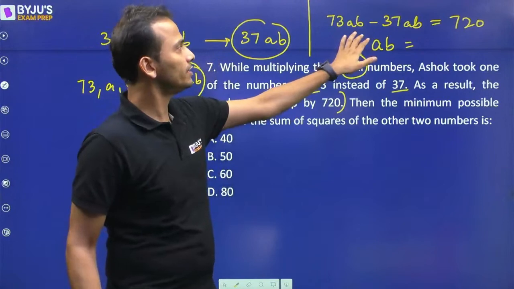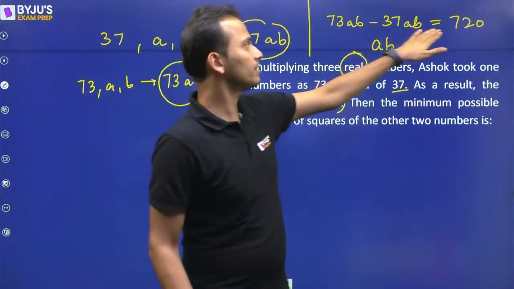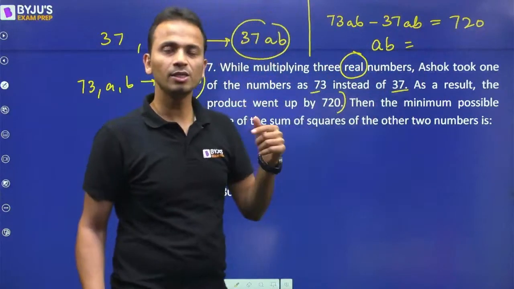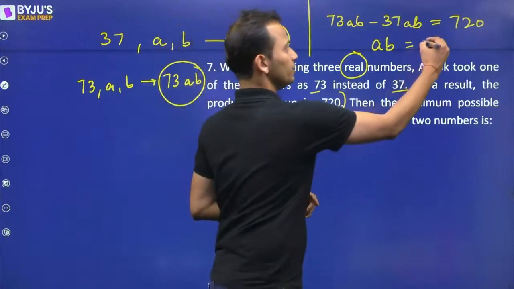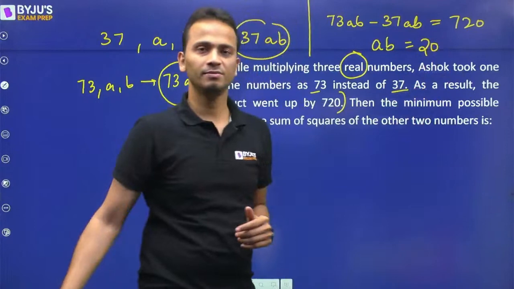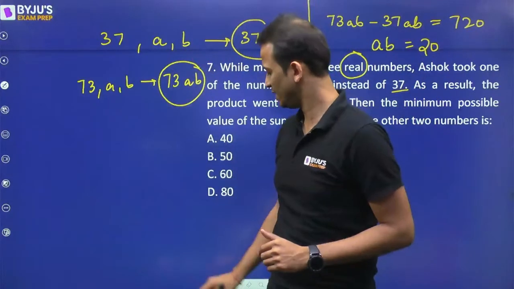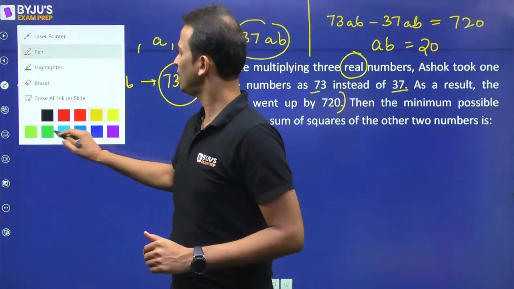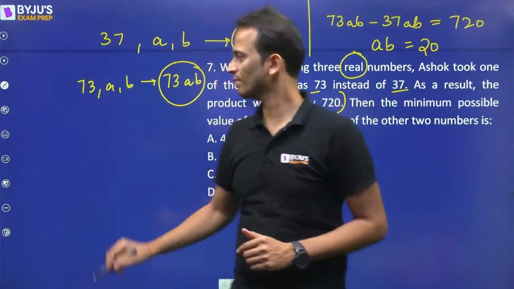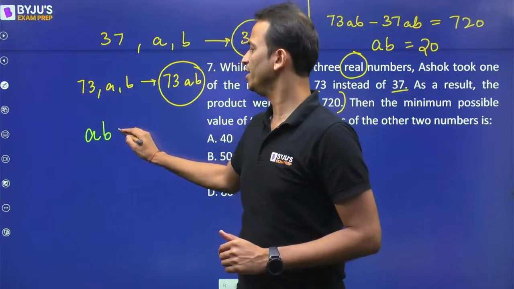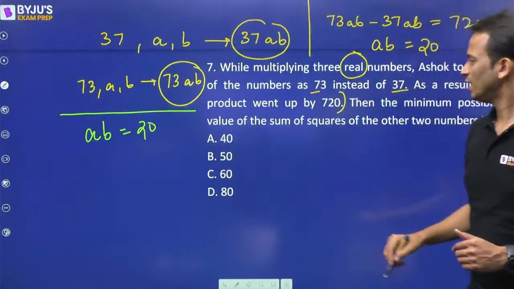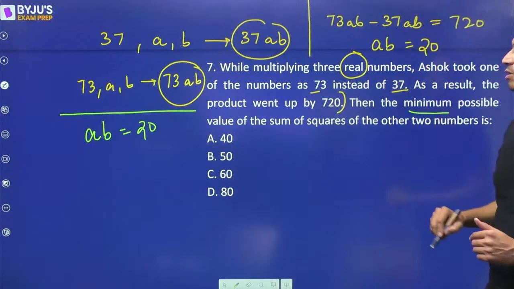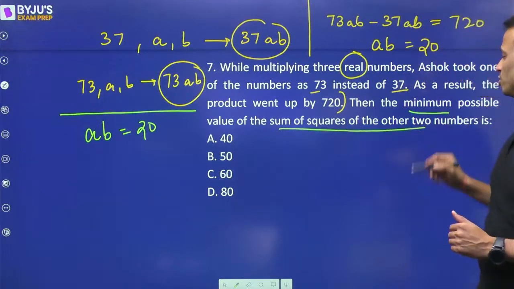23 and 13, 36. 36AB is 720, right? So A into B will be 720 divided by 36, which is 20. A into B का वैल्यू 20 आ गया. ठीक है? अब आगे देखते हैं क्या करना है. So I've got the value of A into B as 20. ठीक है? Now we have to find out the minimum possible value of the sum of the squares of these